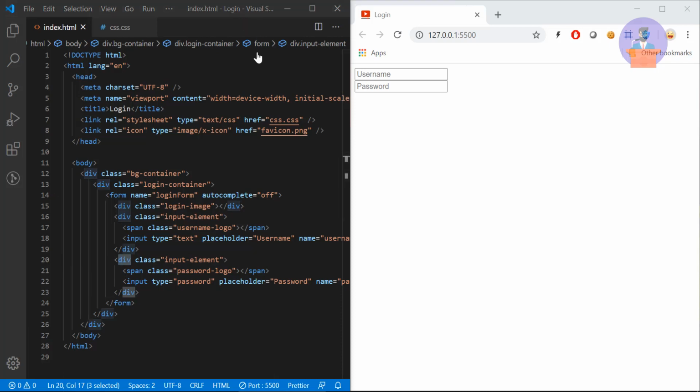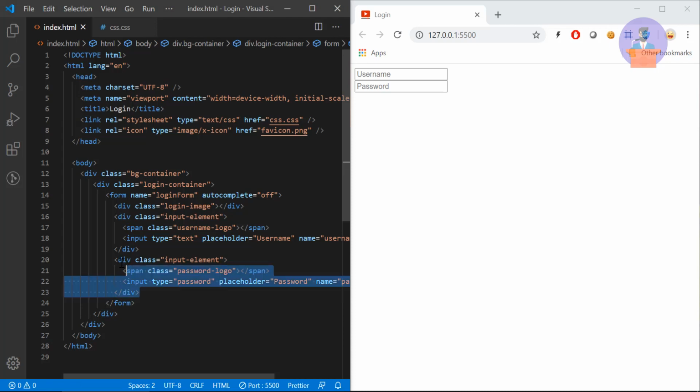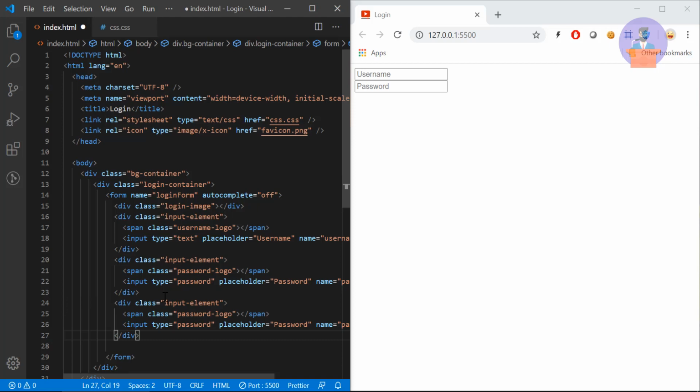Now I'm going to again copy this entire element and paste it below it, and I will remove this password logo line, we don't need it.